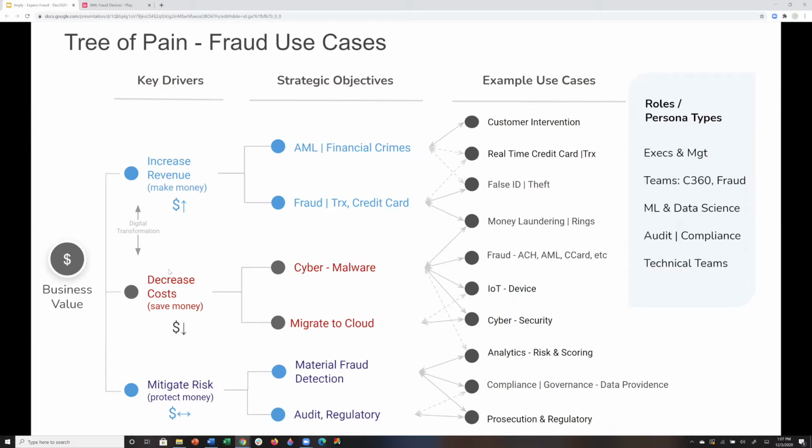So real people in our bank or our retail organization, if we're not doing the proper kinds of procedures, right, people get in trouble, right? And we don't want to do that. So again, another view of this, but now starting to show this more complicated view of where Expero and Imply Technology can really step in.